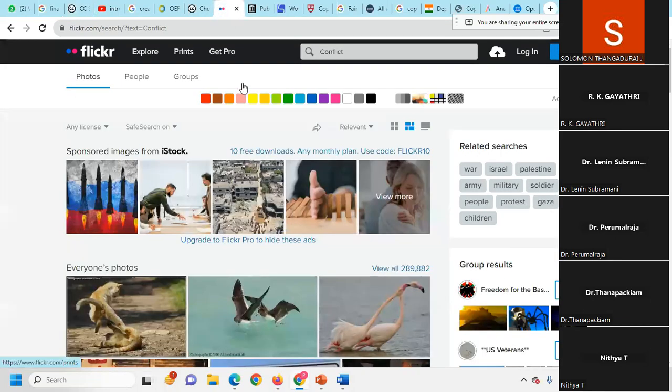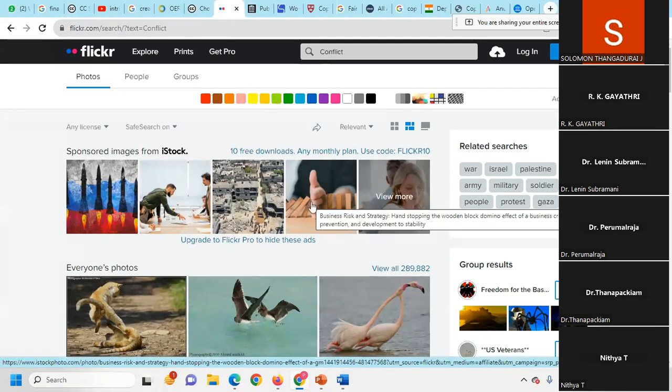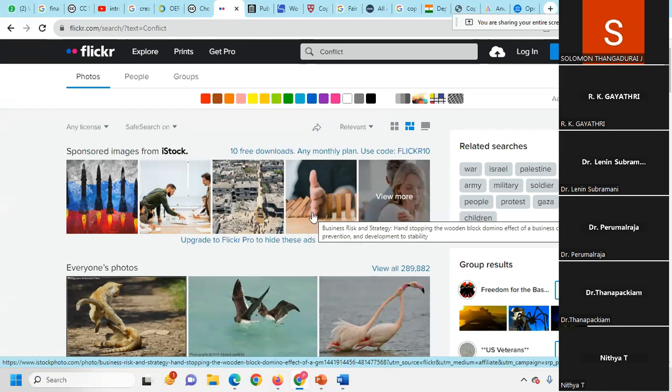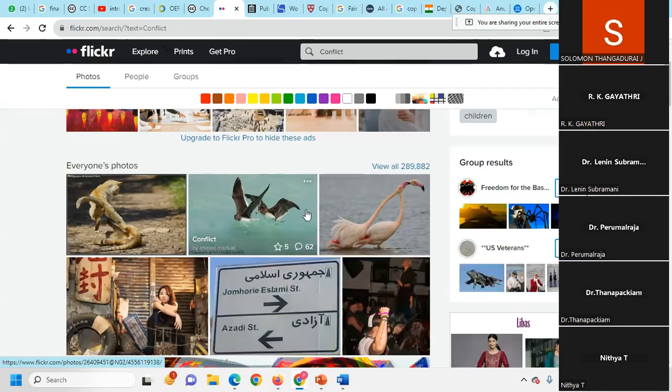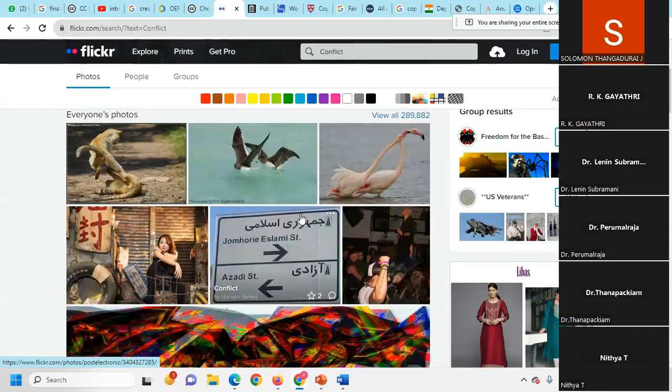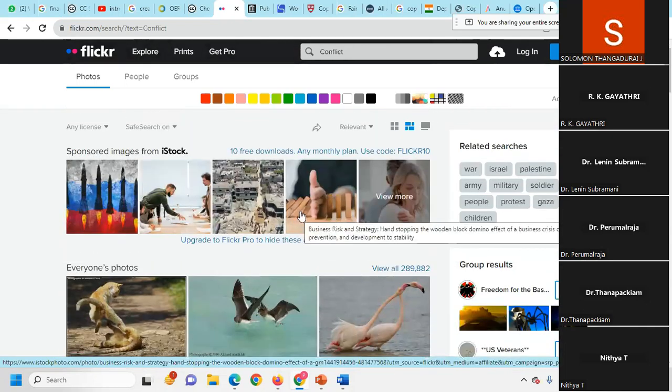And next one is Flickr. This Flickr is used for Creative Commons images. If you are searching for some images, you'll get them. So if I'm putting in conflict, say you are teaching a class like MCOP, Marketing Management Concept and Organizational Behavior, we have a concept called organizational conflict in the classroom. So you can use the images, but very few images will be there here. Many things may not be there, but some images you can find. It's not like Google where images are widely available, but here we will get some images. It will be with Creative Commons, so it will be easy.